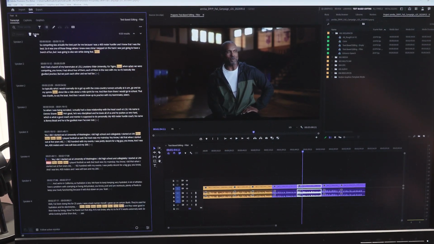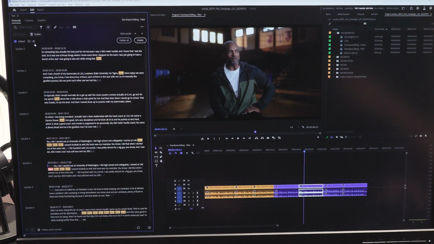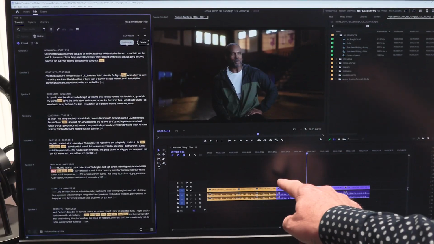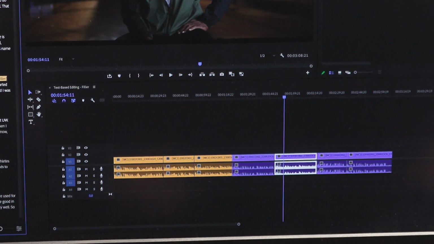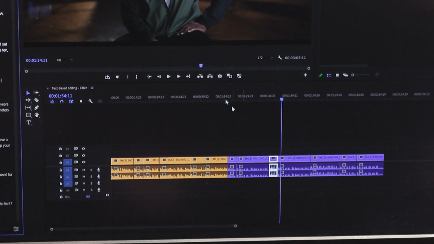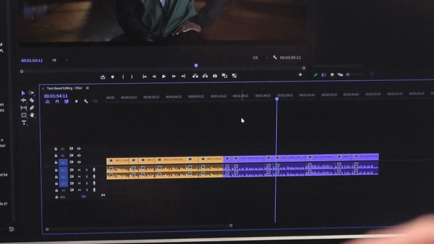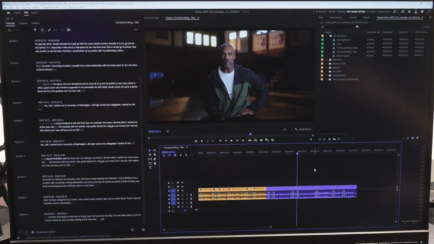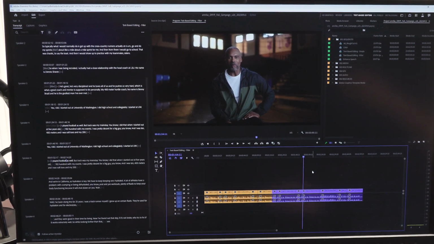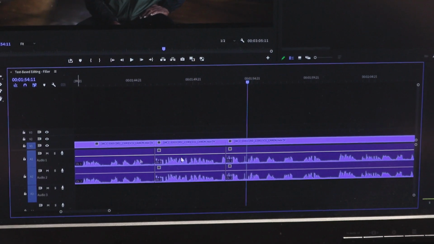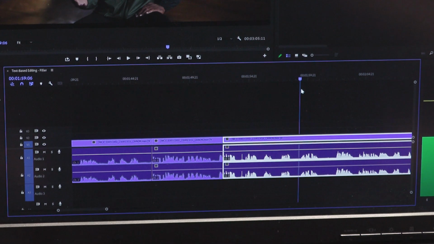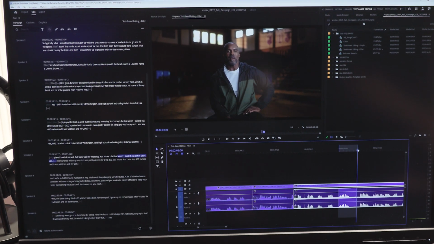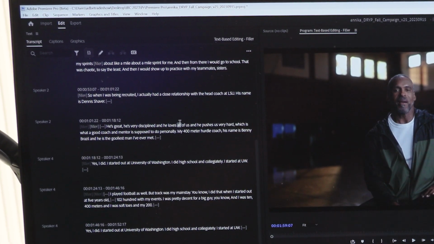So what I'm going to do here is I'm going to hit delete, and I've got some options. I can either extract or lift them. Extract is going to close the gap. And when I hit delete all, pay special attention to the timeline because it's going to make a lot of edits all at once. So here we go. It made a bunch of edits and it removed all of those unnecessary filler words. And this is the kind of thing that would have taken me quite a long time to do by hand. I would have had to zoom in and find these filler words, each individual one, and mark in and out and then extract it. But instead, I can just use the speech-to-text workflow and remove all of those all at once.